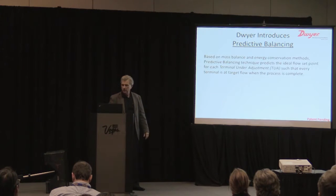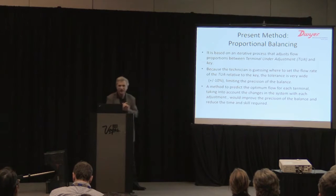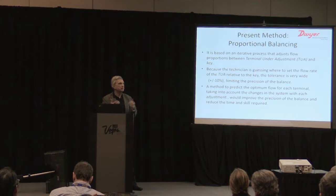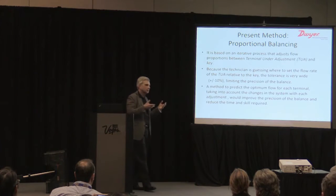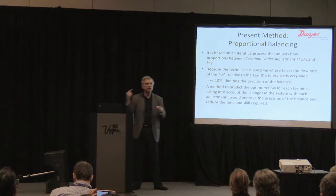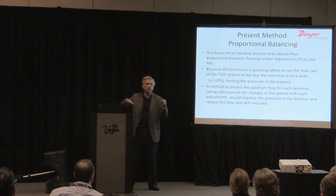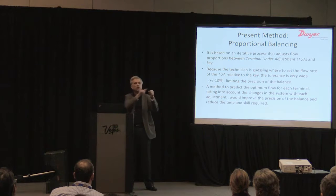I'm going to explain, if I can, and briefly, for those that don't know, what proportional balancing is. That's the method that's used today. It's based on an iterative process where you adjust the proportions of the devices you want to measure to a key. So maybe I can walk through it. You open all the dampers, swing and take a measurement through all the devices, all the terminals. Find the one closest to the measurement, that's your key. You leave it open, you go to the next terminal, you measure it,